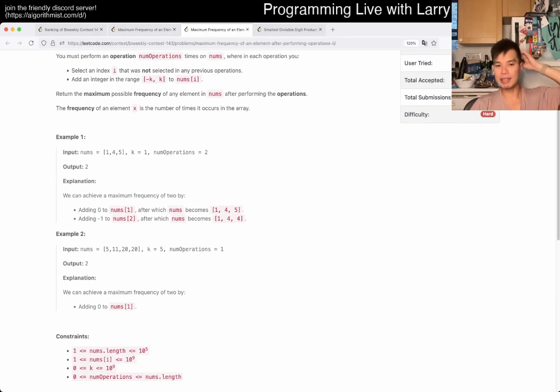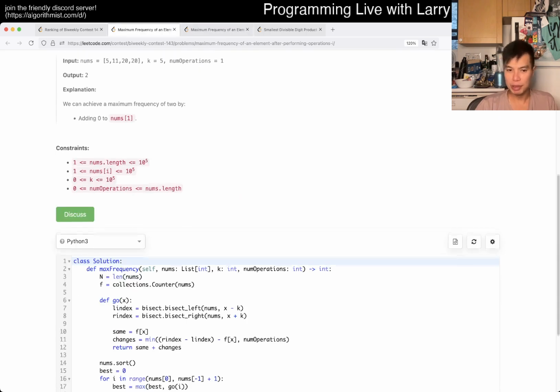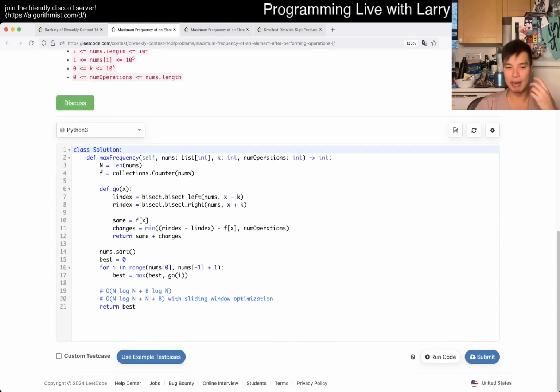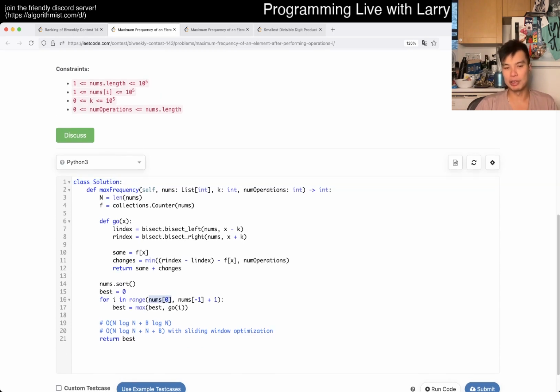And the way that I thought about this is the same as in Q2. So in Q2, if you want to go deeper, definitely watch that video, we just go from the smallest number to the largest number. And the reason why we don't go smaller than the smallest number is because to the left of it,